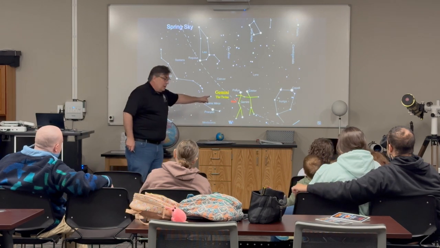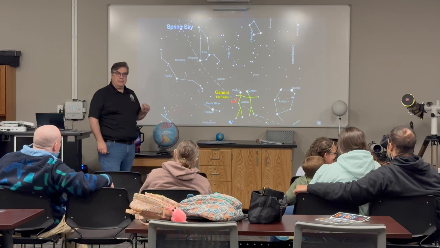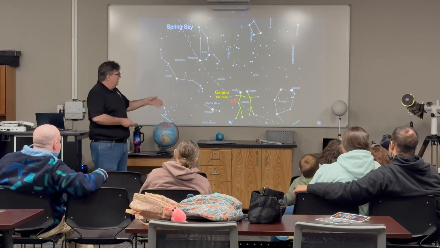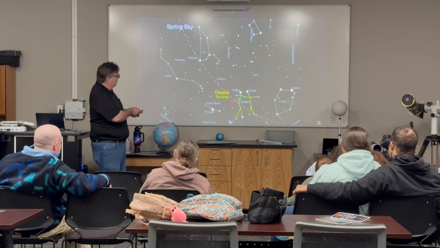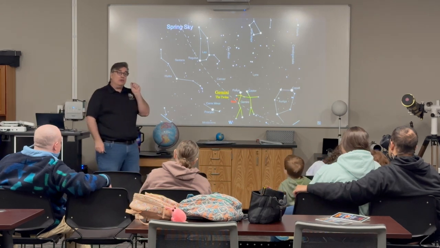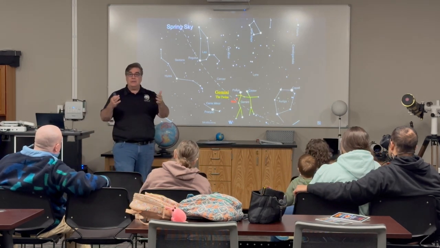And right now, the planet Mars is inside of the Gemini twins. So it's right next to them, but not for long. I've actually seen Mars slowly moving along the ecliptic, and it's very bright, and you can just barely see a little bit of color to it. In a telescope, you can see that